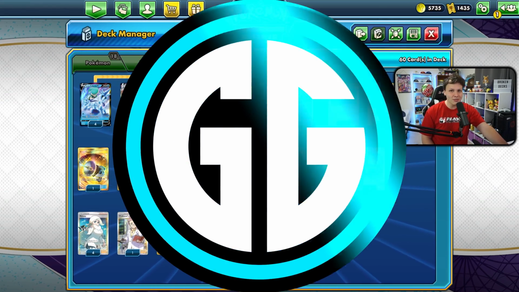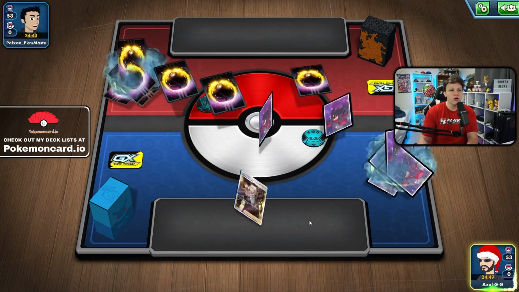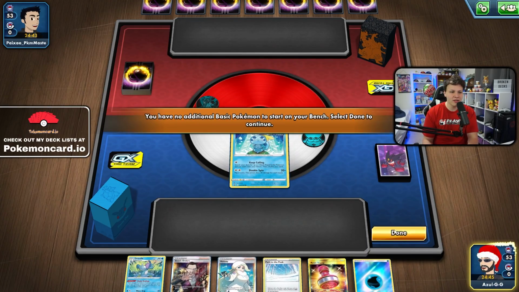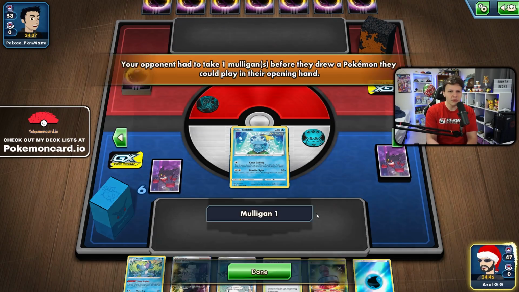Let's go ahead, let's get into some games. All right, here we go. We won the coin flip, so I would like to go first. If I could open Sobble every single game, like I am right here, I would probably choose to go second because we can just keep calling turn one, which is super good. But you can't always predict that you're going to open the Sobble, and we only play 2 Air Balloons for switch